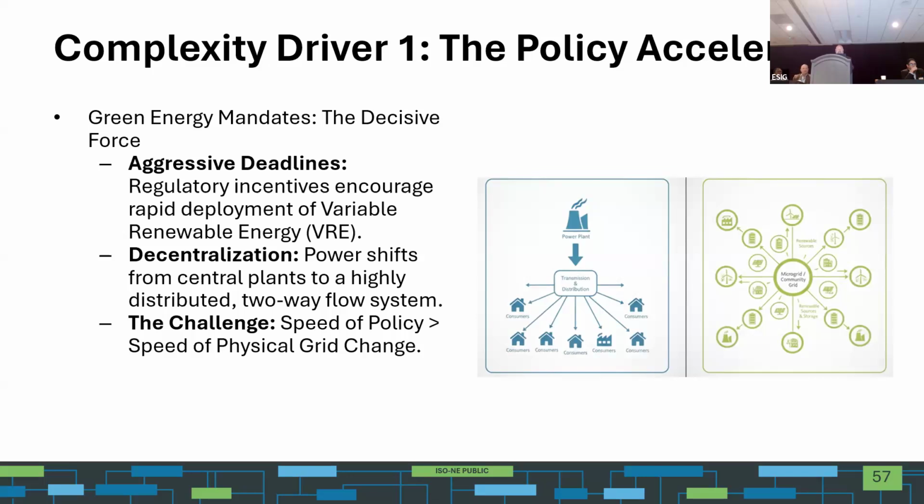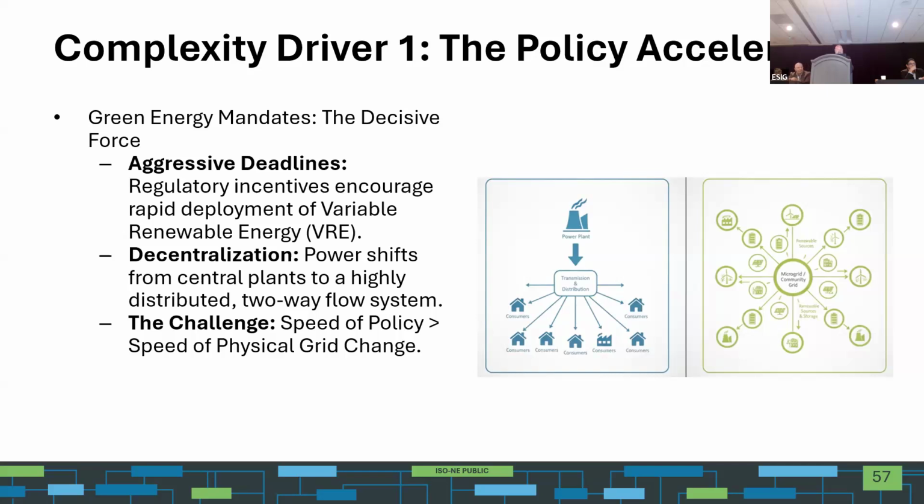And then, as I said earlier, it's forcing a shift from centralized power plants to these small distributed resources that now we have to deal with in a two-way flow onto the power system, rather than going from transmission to subtransmission to distribution. Now we're seeing the distribution actually generating energy, and we have to move that around the system, which is kind of a challenge for our modeling teams to deal with.